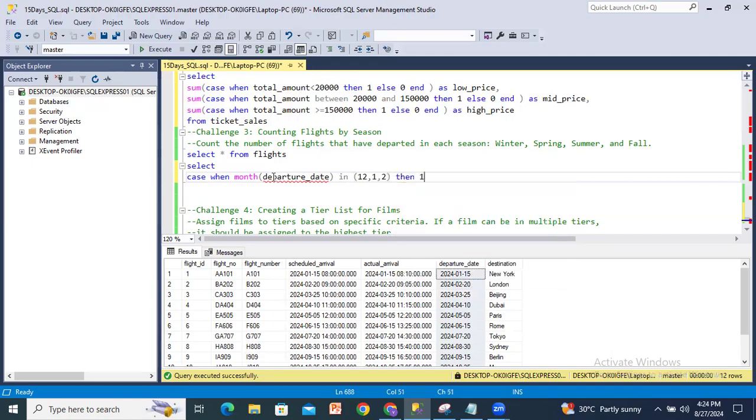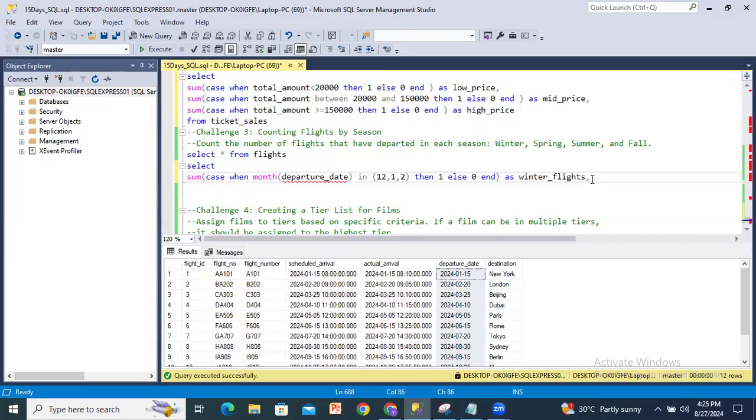Then 1, else 0. Up to this part we know. So this entire thing we have to count, the sum of how many. Sum of this one. So this one we will call winter flights,